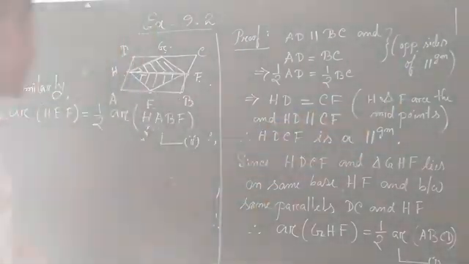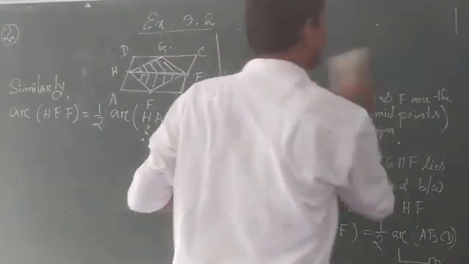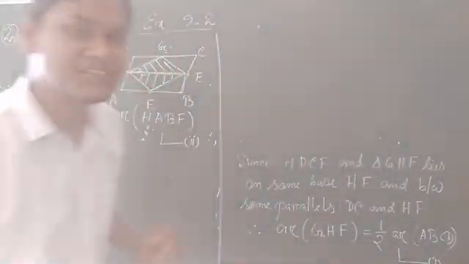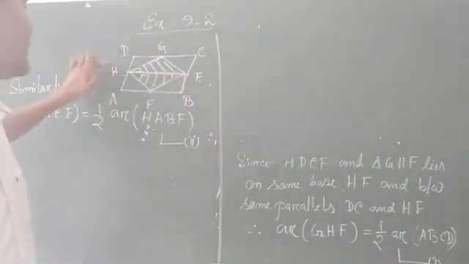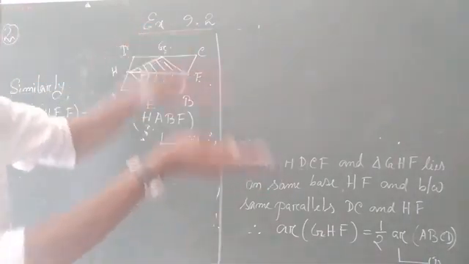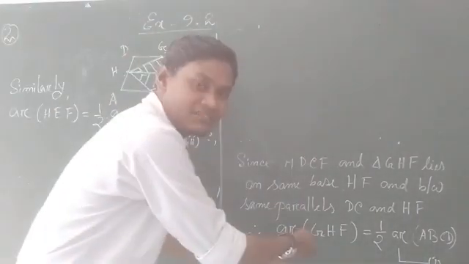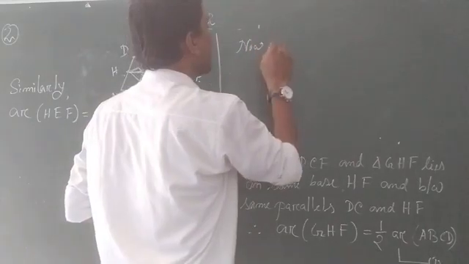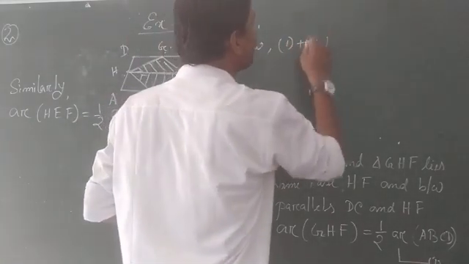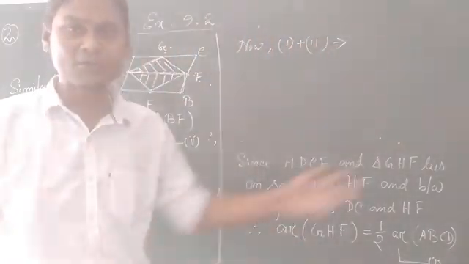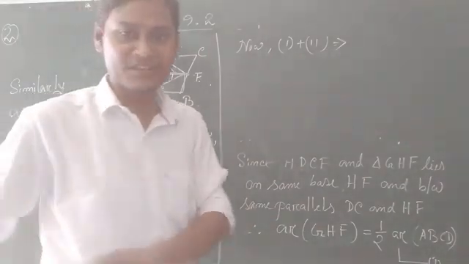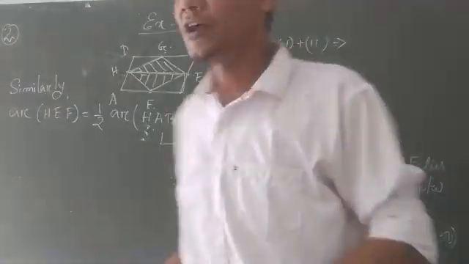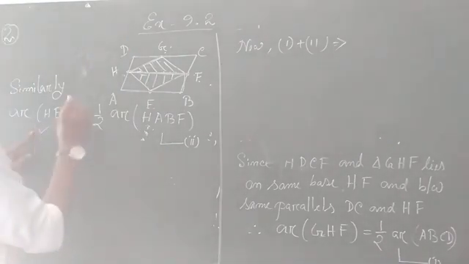So what I will do now, I will write on this side. Again I'm telling, for getting this whole EFZH, I need to add both the triangles. One triangle is in equation number 1, another triangle is in equation number 2. That's why I will add 1 and 2. While adding equations, we have to add left hand side with left hand side and right hand side with right hand side. So area HEF